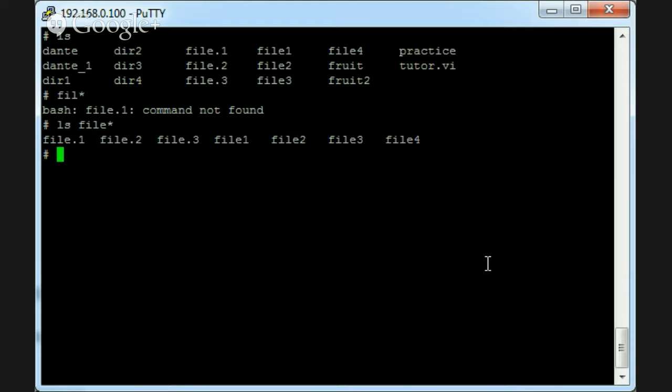But notice I have some files with dots on the ends of them. So if I do a fil, exclamation point